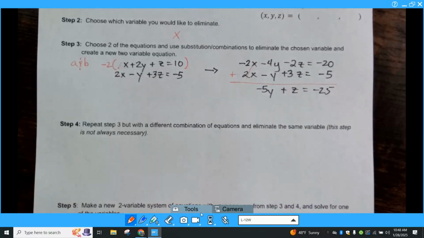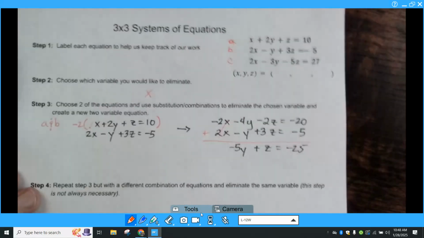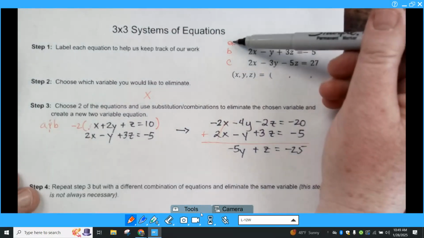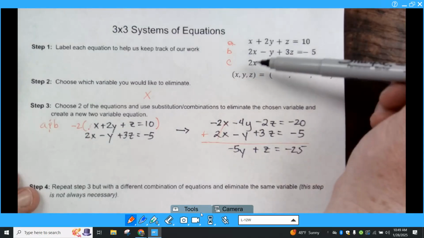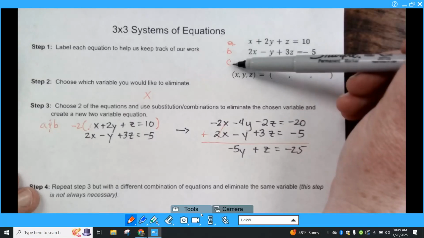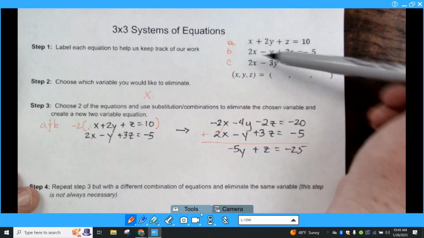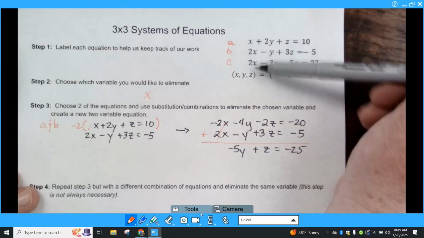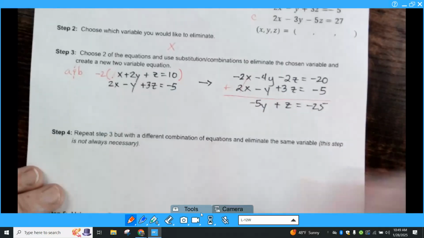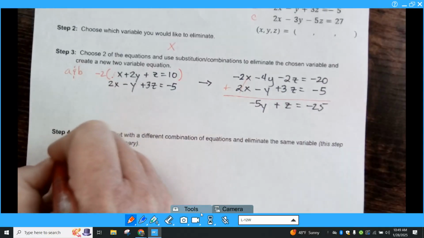Step 4 is we're going to repeat step 3, but we're going to pick a different combination of equations and eliminate the same variable. The step sometimes is not necessary, but in this problem it is. So I'm going to go up here. And last time I chose A and B. This time you could either choose A and C or B and C. I'm going to choose B and C because these are already exactly the same. So I'm going to choose B and C,